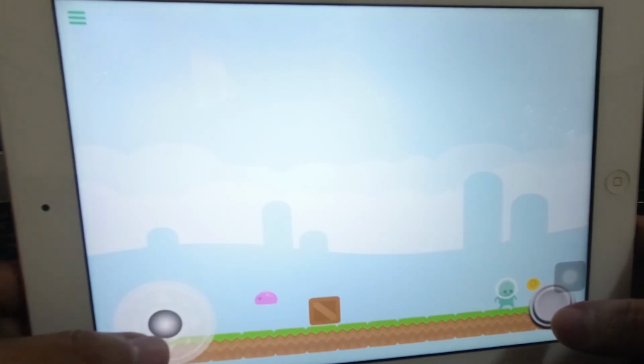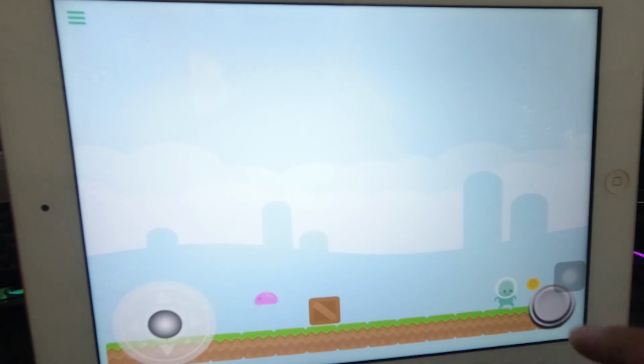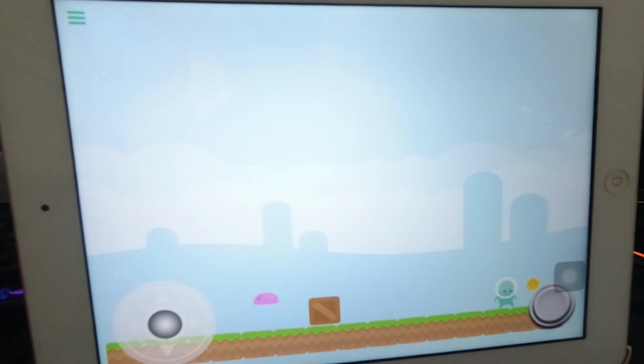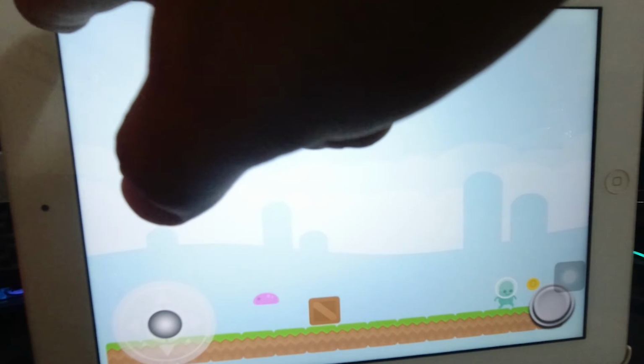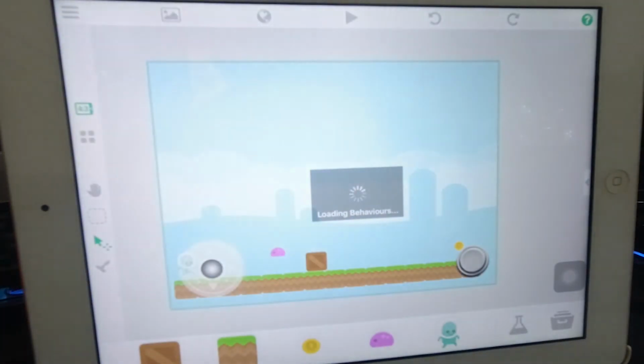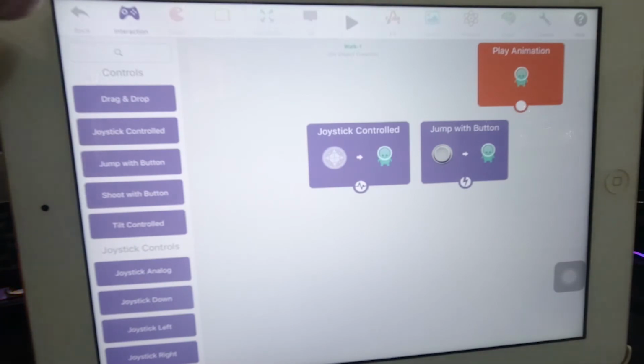and then that's it. Now we cannot get the coin yet because we have not put a code on the coin. We do not have any codes on the slime pink 2. Now let's just press the menu button and quit to go back to our coding. Press the back button,